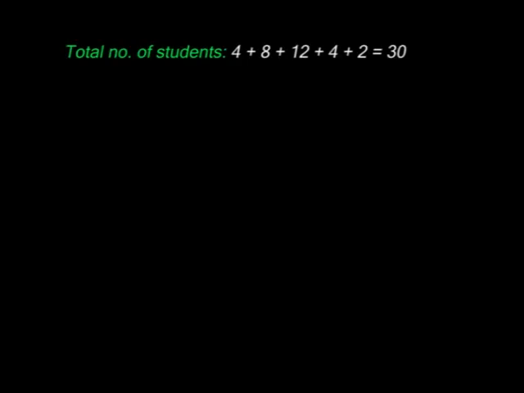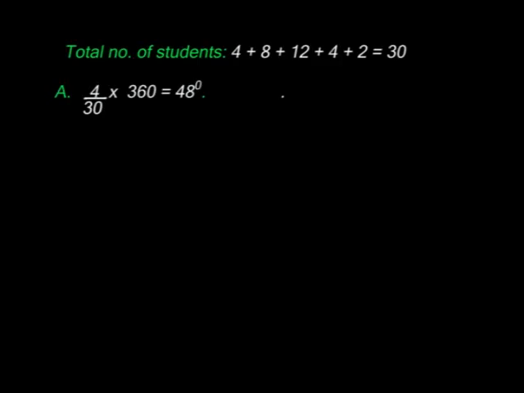So we say 30 students represent 360 degrees. The total number of students represents the total angular distance. Now we find how many degrees each proportion shall represent, and I will start with A. Starting with grade A, I had 4 students. 4 out of 30 times 360 degrees gives me 48 degrees. So A will be represented by a sector subtending an angle of 48 degrees.